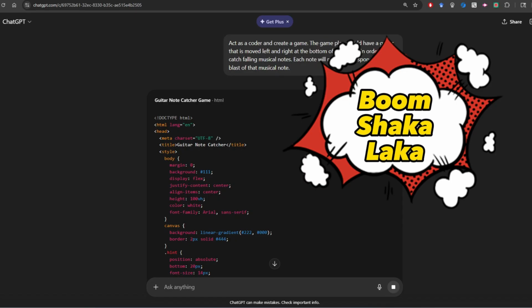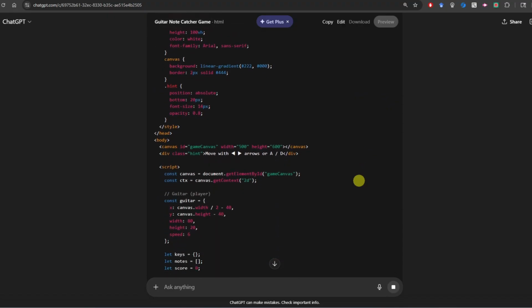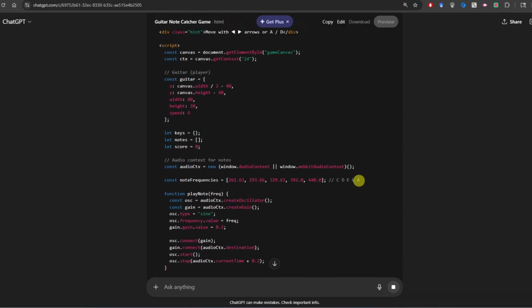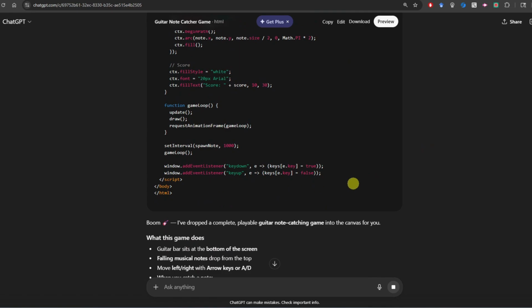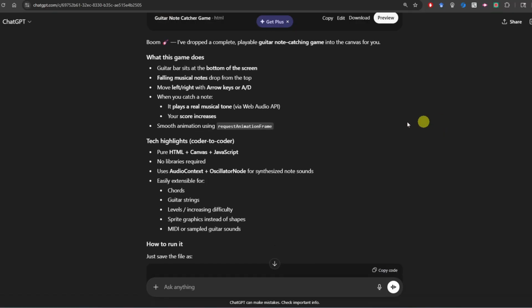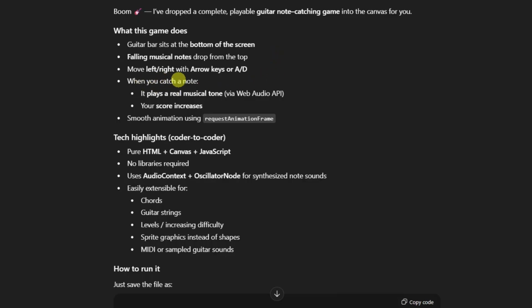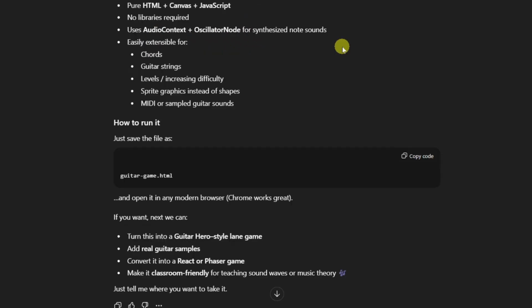And boom shakalaka, ChatGPT goes right to work writing the code for this game. Look at that. I'm going to go ahead and scroll down. Make sure it has finished. Yes, it looks like the code is all done. And we have some notes here down below. What this game does. And it looks like we will move left and right with the arrow keys or the A key and the D key. When you catch a note, it plays a real musical tone. And your score increases. Here are some tech highlights about the type of code,